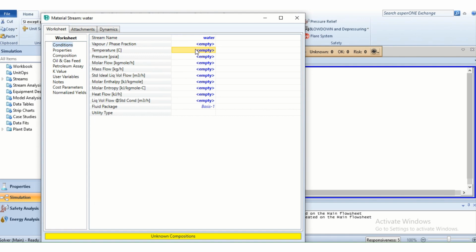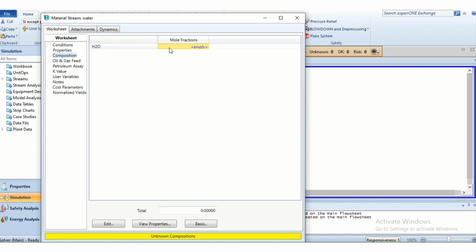For example, the temperature of water is 20 degree C, its pressure is 100 psia, its molar flow rate is 100 kg mole per hour, and composition, as it is water, is to be 1.